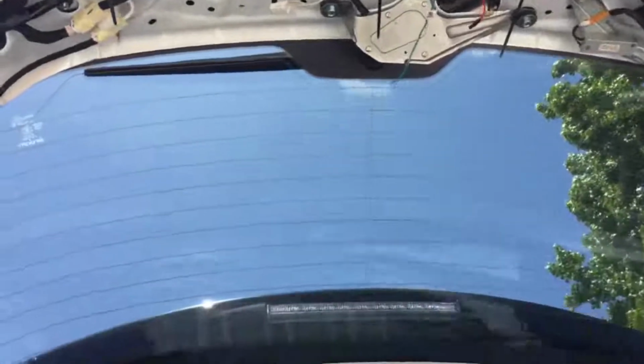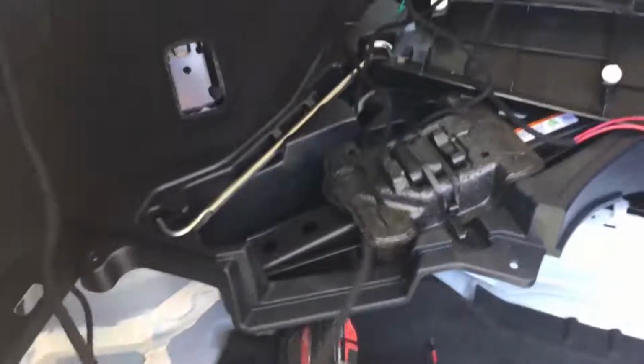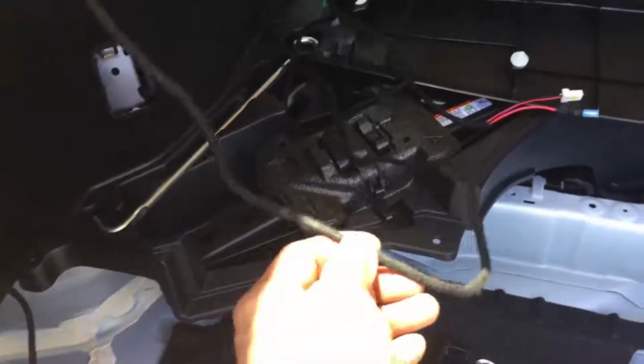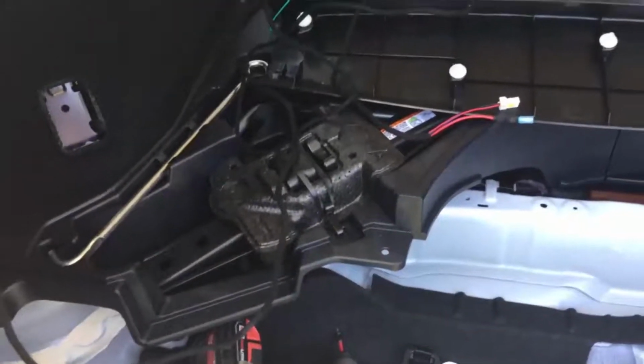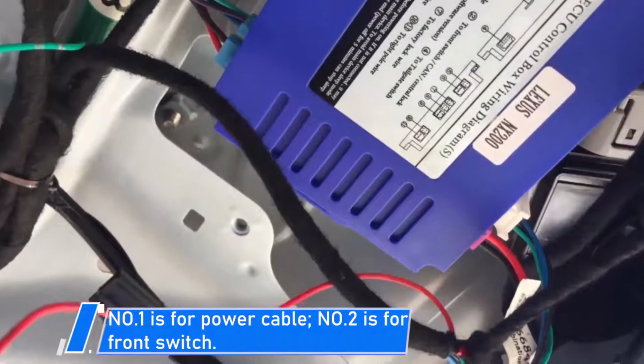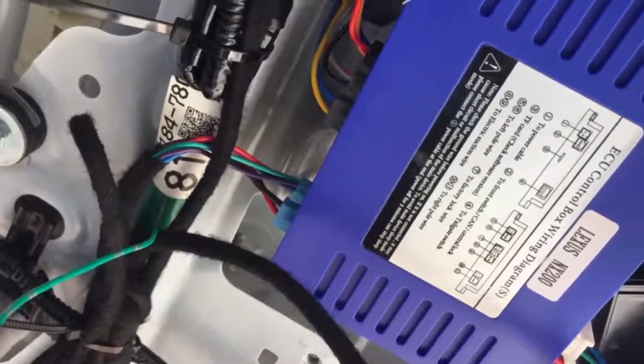And it started from down below, it came in here, I routed it down below here, it's hanging, and this wire will go up front to the fuse box. This is the number 2 plug on the computer brain, and I believe the number 1, as you can see up here, the number 1 is the power cable, and number 2 is for the front switch, which is connected here on this